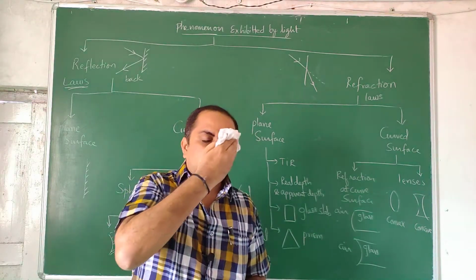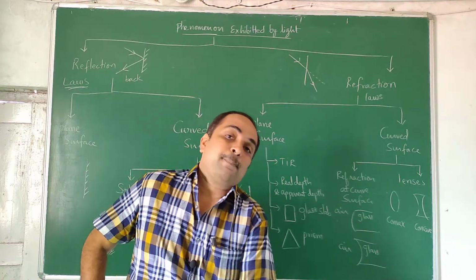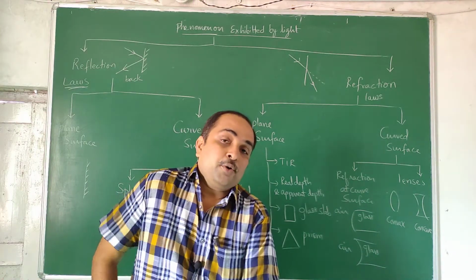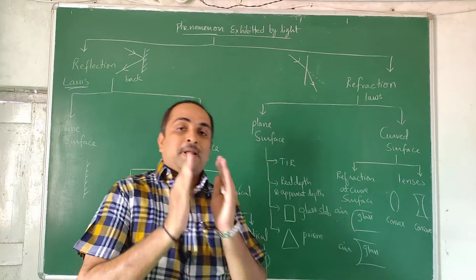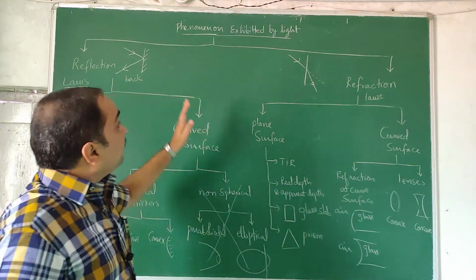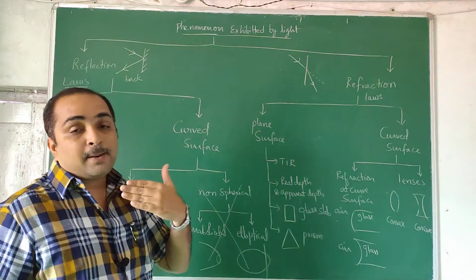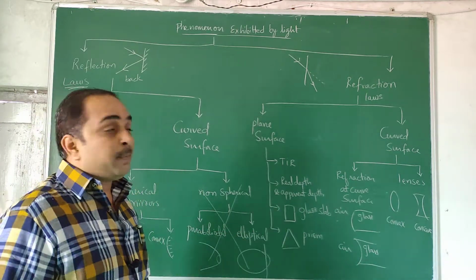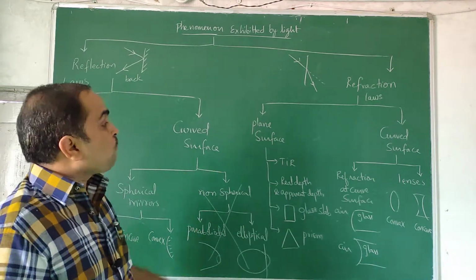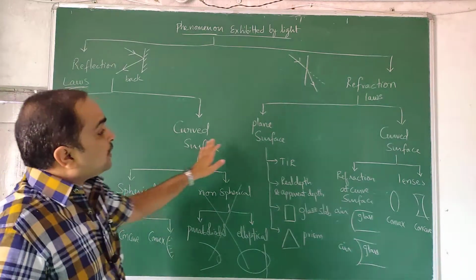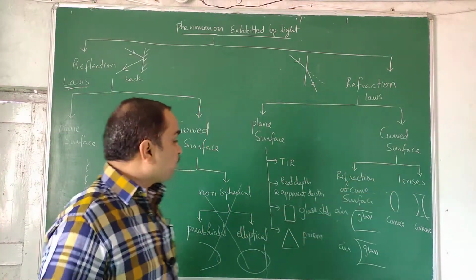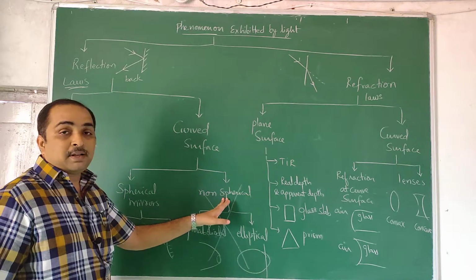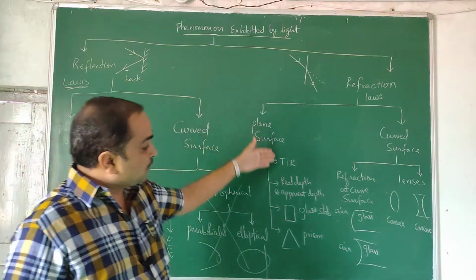So what kind of changes to that light ray is going to happen? We are going to discuss when it encounters an optical element. Dividing the philosophy, light comes back into the same medium of incidence, it is reflection, goes into the other transparent medium, that is refraction. At plane surface, at curved surface, at plane surface, at curved surface. Spherical mirrors, non-spherical mirrors. Plane surface, you have some phenomenon.